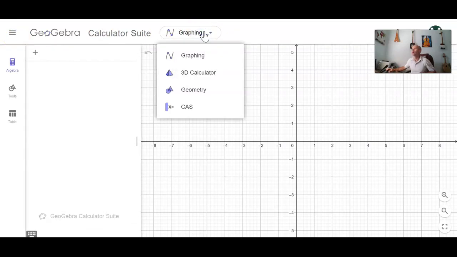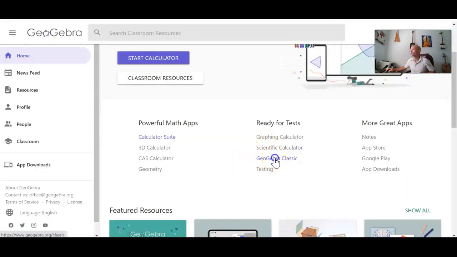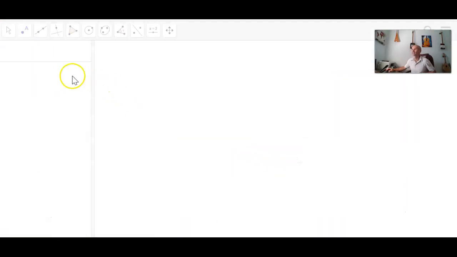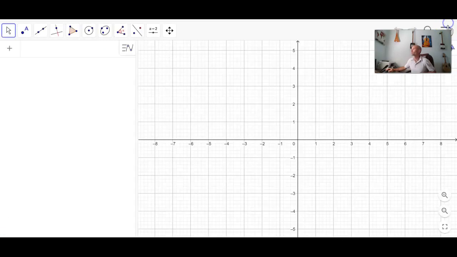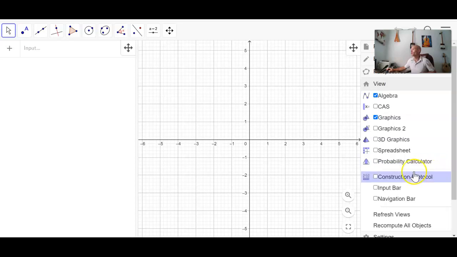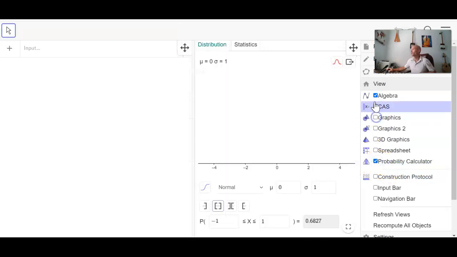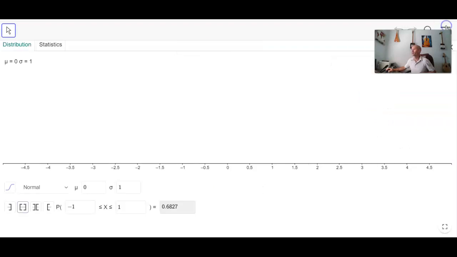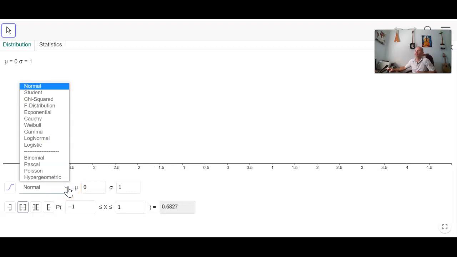We want to have the... let's go to GeoGebra Classic, and off in the menu we can select View and we can select Probability Calculator, and we'll just uncheck these other ones. There are other probability calculators out there. This one will allow us to select the distribution that we want to work with. So we'll go to the drop down here, we'll select binomial,